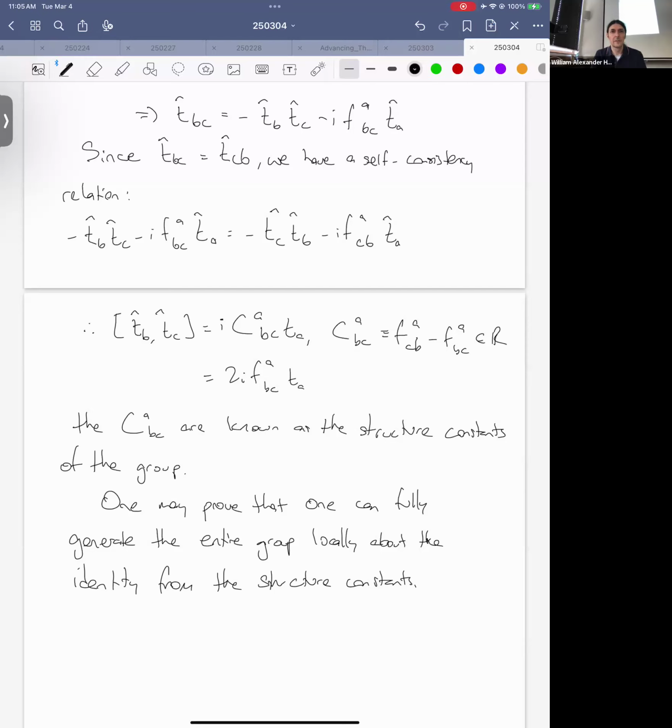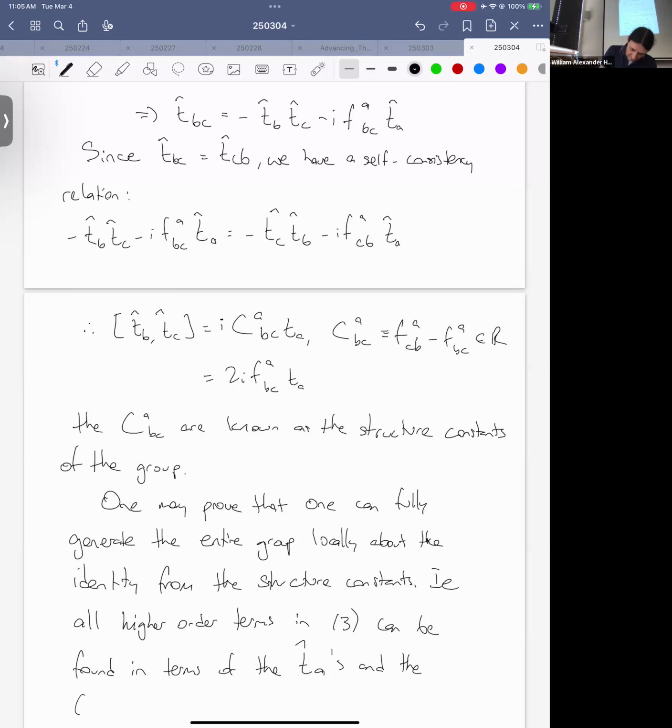Okay. So, i.e., all higher order terms can be found in terms of the TAs and the CABCs. Cool. Question. So these relations, like when you got that,